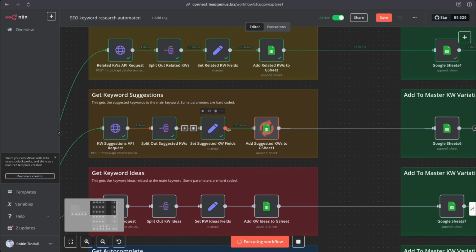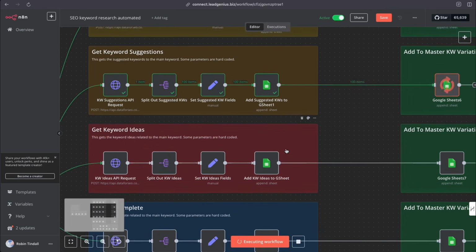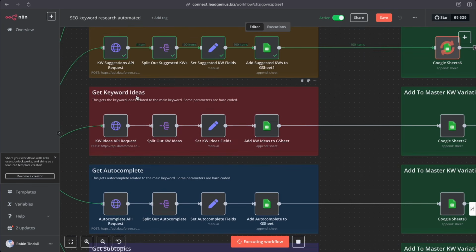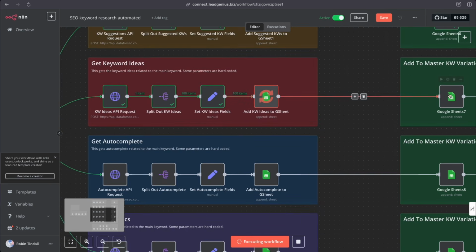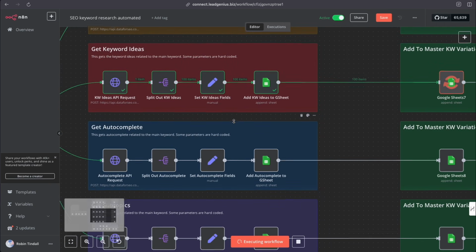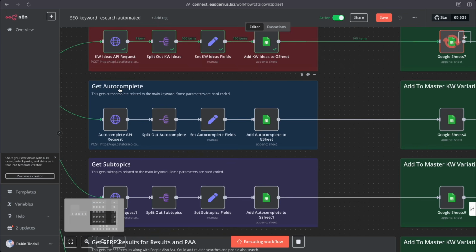Here it's looking for keyword suggestions, writing those to our master spreadsheet. Now we're getting some keyword ideas based on our AI agent keyword. And again, we're writing those to our master spreadsheet, which is acting as a database. We're getting the autocomplete results. These are the results that you would get if you typed into Google and Google tries to guess what you